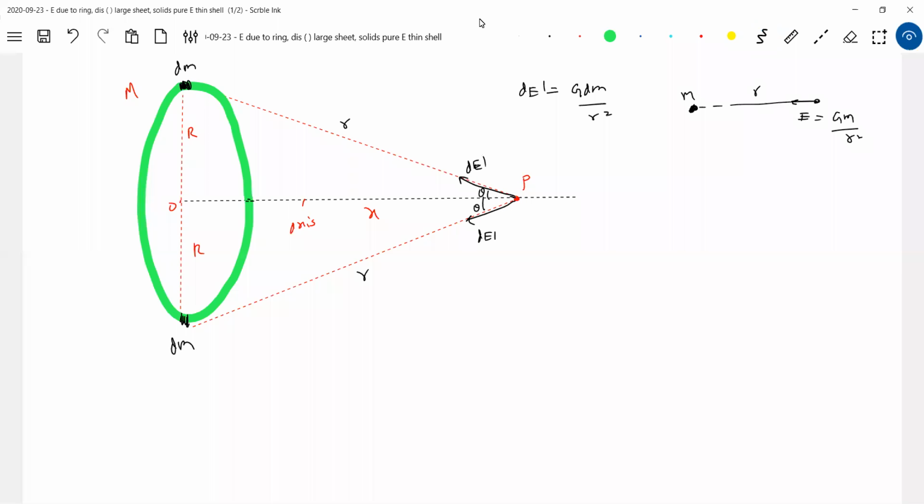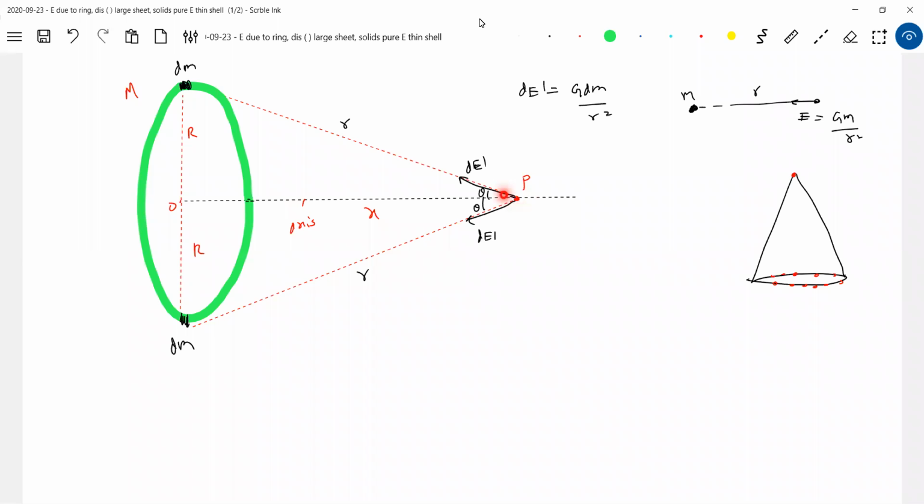This is similar to a cone. You take any point on the circumference of the base of a cone. At what distance will it be from the apex of the cone? It will be at a distance of the slant length. So you take any point here, and all these points will be at the same distance from the apex, which is the slant length. Same thing here: any element on the ring will be at a distance r from the point P on the axis.